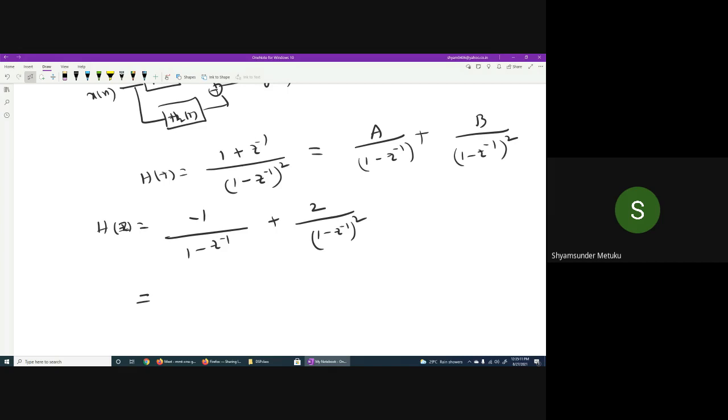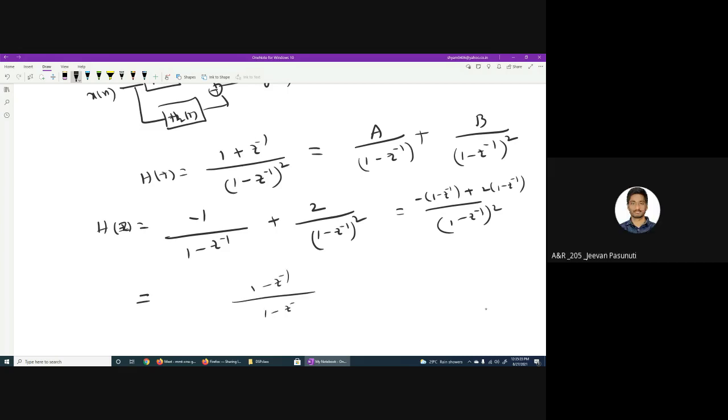What we had yesterday, that is 1 plus z inverse by 1 minus z inverse square, does it come? Yes, sir, it comes. So what does this become? Minus of 1 minus z inverse plus 2 into 1 minus z inverse. So -1 minus, so 1 minus z inverse comes. No, it won't be 2 into, sir. 2 into z, 1 minus z inverse. It matches, it is okay, perfect. Okay, because 2 times of 1 minus z inverse, 1 time of 1 minus z inverse is minus, so it will be positive. No, only, sir, isn't it?